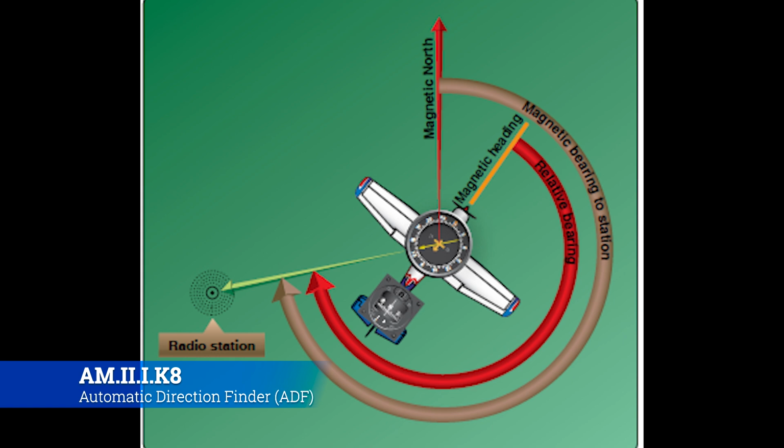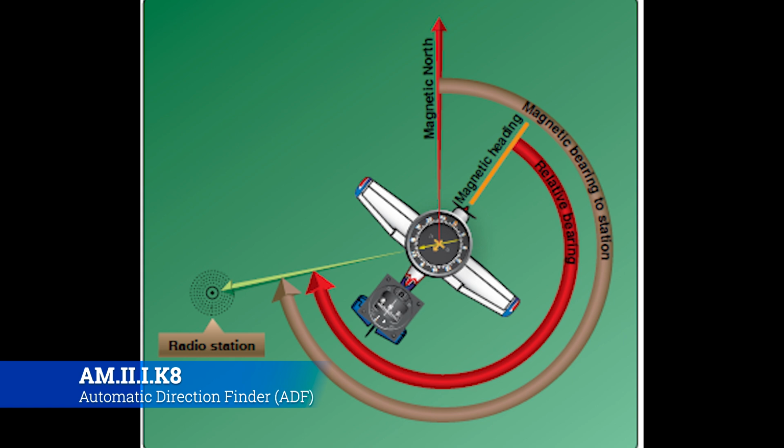Using a loop antenna, the direction to or from the antenna could be determined by monitoring the strength of the signal received. This was possible because a radio wave striking a loop antenna broadside induces a null signal. When striking it in the plane of the loop, a much stronger signal is induced. The NDB signals were modulated in unique Morse code pulses, enabling the pilot to identify the beacon to which they were navigating. All right, so that is a long-winded way to say that basically they tuned into a radio station,